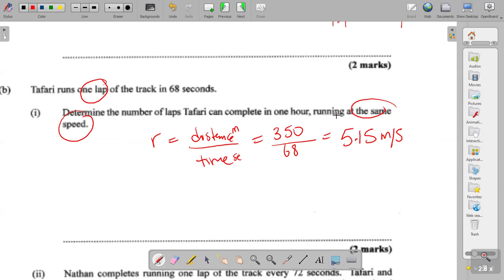We're going to start off with the formula again. The formula always stays the same. So rate is equal to distance over time. This number isn't changing, so that's 5.15 equals, what information do they give us now? They want to know the number of laps, so that means they want to find the distance. So we're going to put that as X. Everybody with me? Over